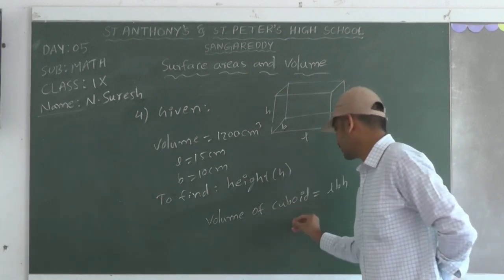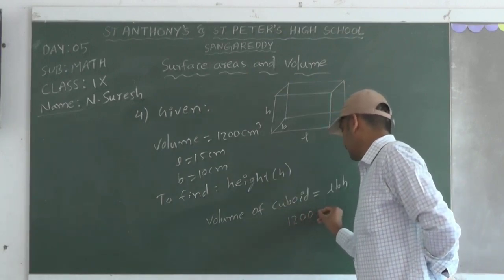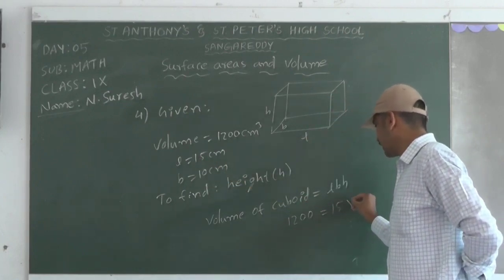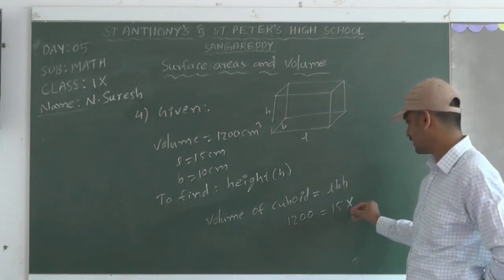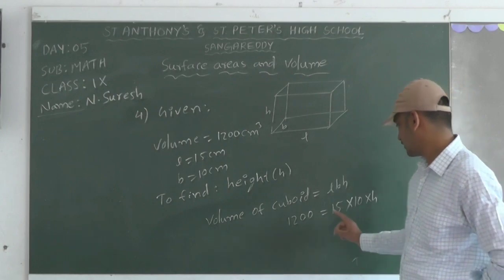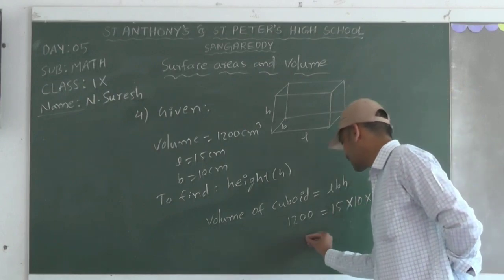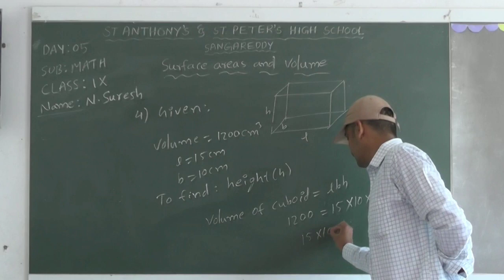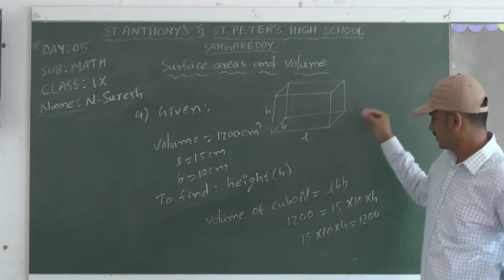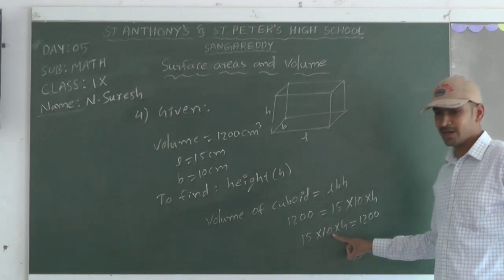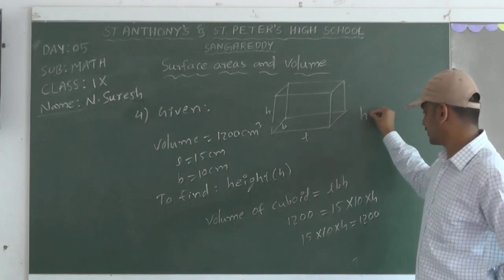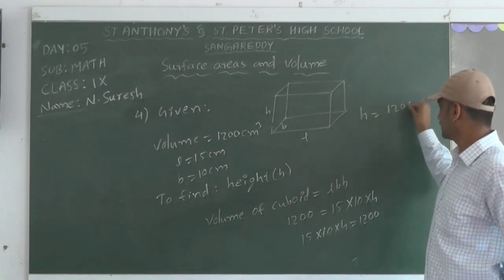Volume of the cuboid equals 1200, equals L, known value 15, into B, again given as 10. H we don't know, we have to find. So 15 into 10 into H equals 1200. Okay, 15 and 10 are multiplication. If I take this side by transposition, it becomes a division. So H equals 1200 by